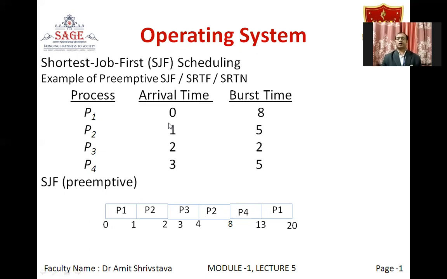Okay. But after 1 unit time interval, P2 has also arrived. Now, P1 has already executed 1 unit time interval. So now the remaining time of P1 is 7 units. And the new process which has arrived, that is P2, its CPU burst time is 5. So we have to make a choice between P1 and P2. P1 with a remaining time of 7, and P2, the total CPU burst time is 5. So a smaller CPU burst is that of P2. So we will take the CPU from P1 and allot it to P2.